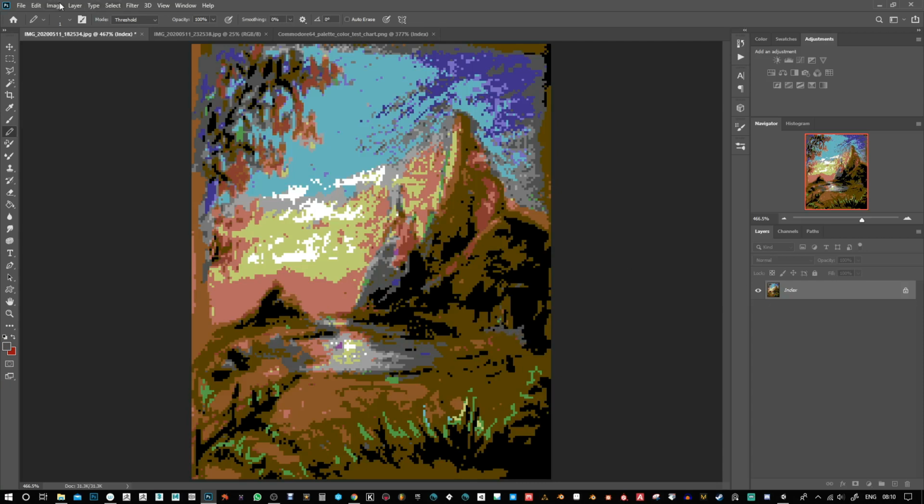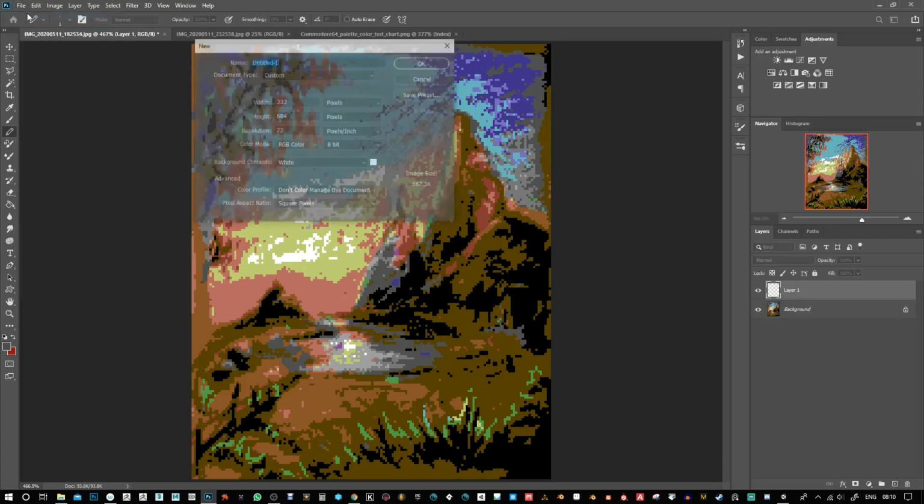And if I change the mode back to RGB, I can introduce more colors, but I don't want to do that. I want to keep with this palette, so I need to make sure that I'm in pencil mode and I don't have any anti-aliasing or anything like that. But what I can do is create a new layer above, and I've done this before, made a